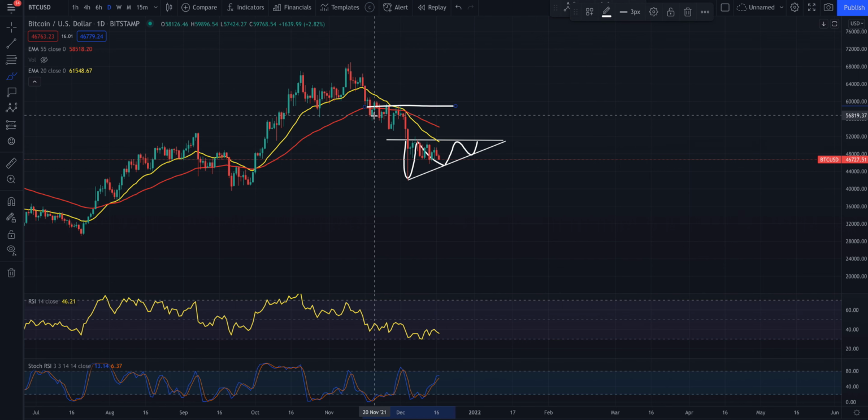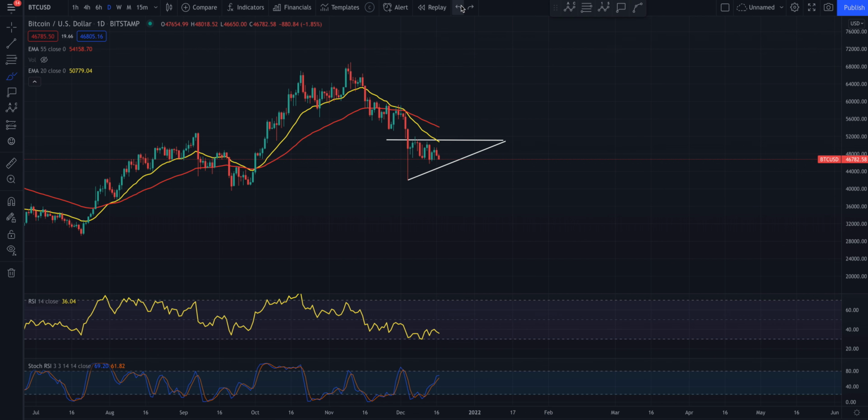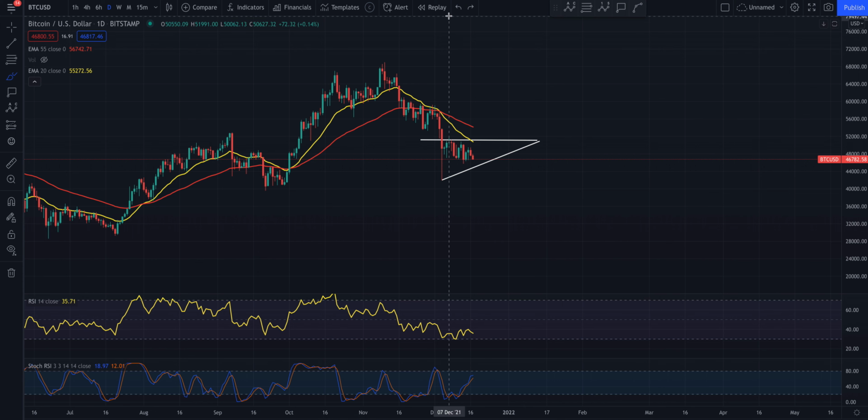Back up to this level of resistance that you fell from. You fall down, come back up to it. And that is where, if you came back and held this trend line of support, you'd get your breakout, break through that. And this up here would be your next technical target, which is the all-time high, as everybody knows. But again, it all depends on what happens here. It all depends on what happens.